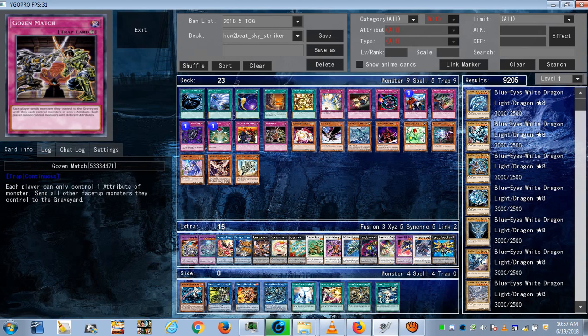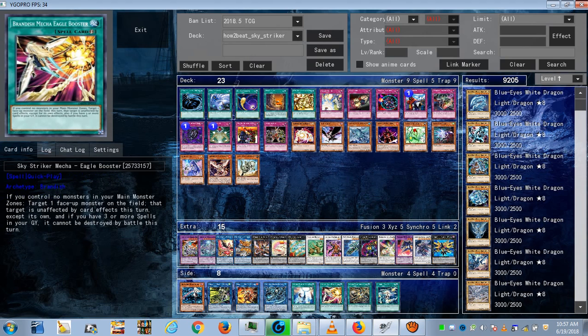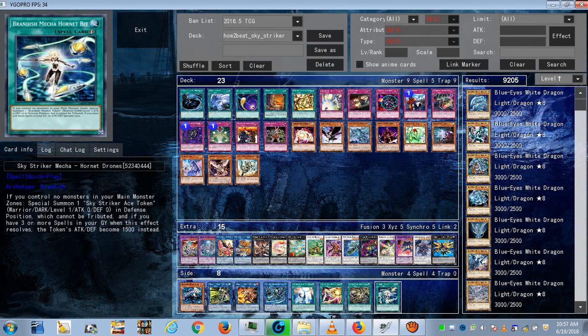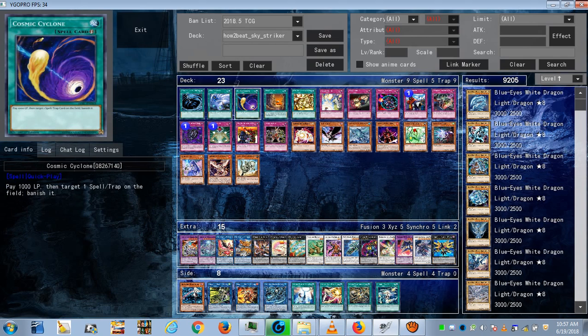So you want to prevent that. Just making sure they can't reuse any of these cards, chaining even to the activation of a card. Like any one of these cards that might be problematic, like the Hornet Bit or the Widow Anchor. When they activate it, you can chain Cosmic Cycle, pay 1,000 and banish it. Now you don't have to worry about it getting recycled, being recurred, being grabbed back from the graveyard